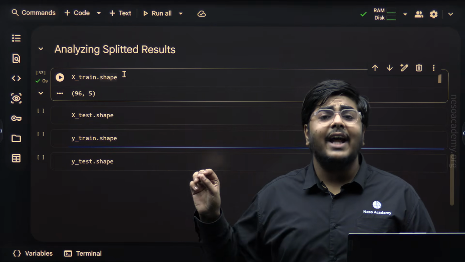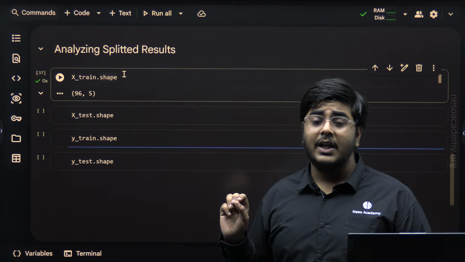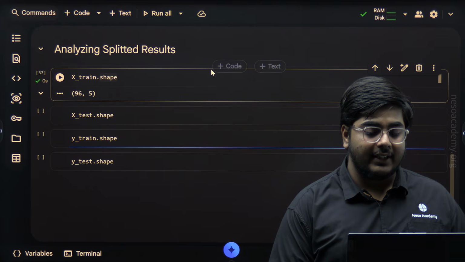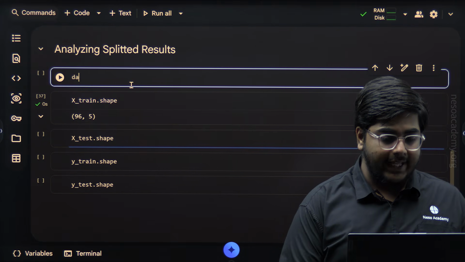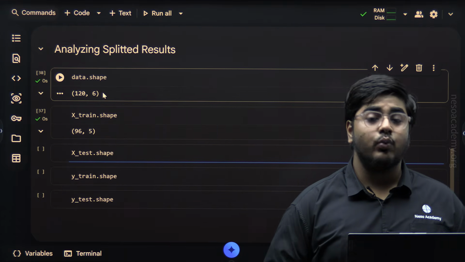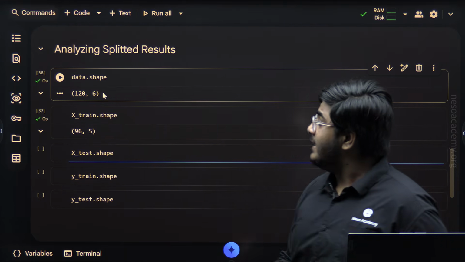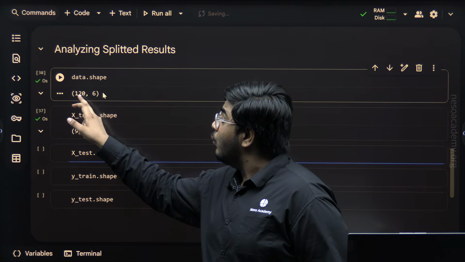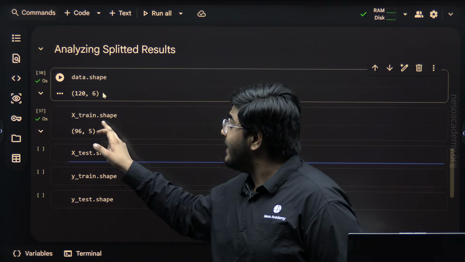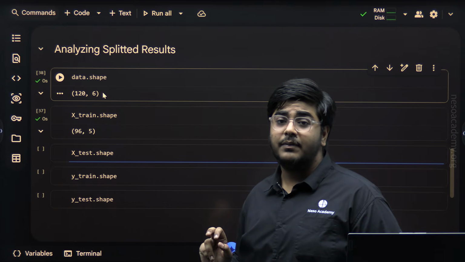But why are there only 96 rows and 5 columns? Let's first check the shape of the data frame data. So here I will click code and now data.shape. When I execute this line, I am getting 120,6, which means our data frame had 120 rows and 6 columns. Then why is the shape of xtrain 96,5?